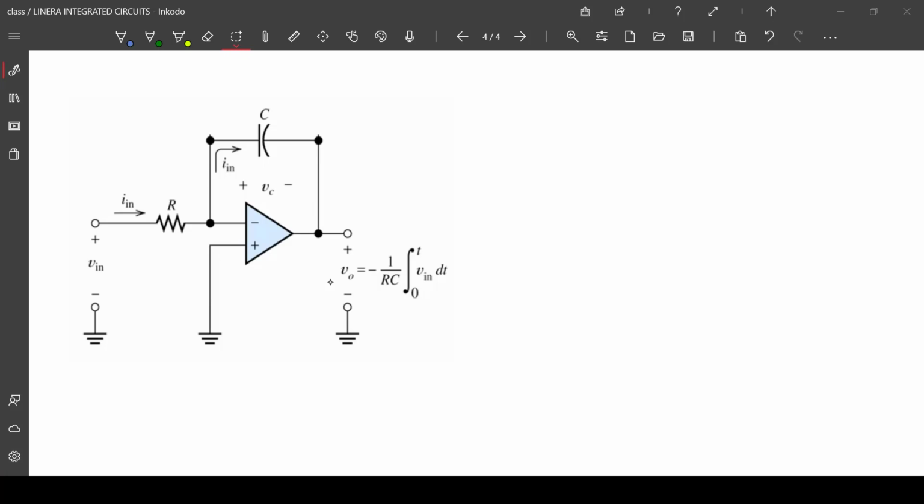In this video session, we are going to discuss the integrator. I already told you that op-amps are used for different mathematical operations. One of the mathematical operations is integration and differentiation. Here, by using the op-amp, we are going to integrate and differentiate the signals using some reactive elements like capacitors